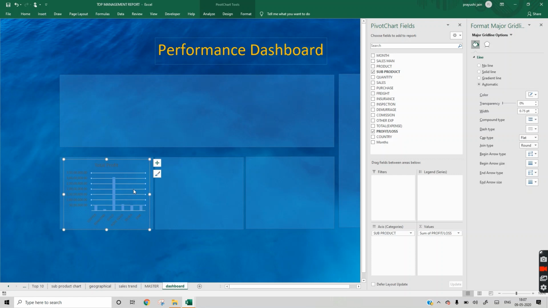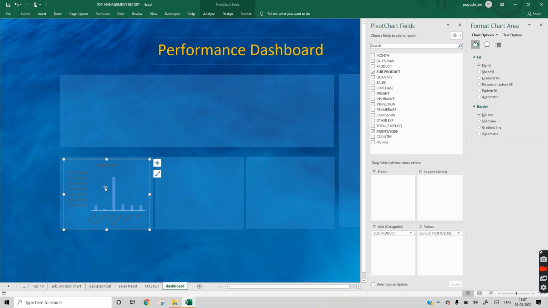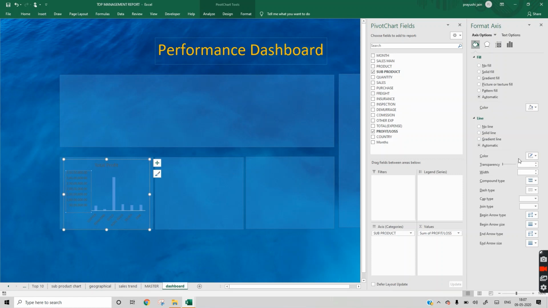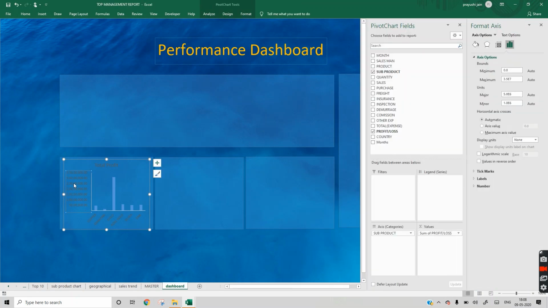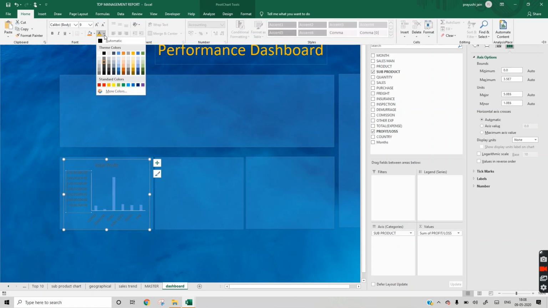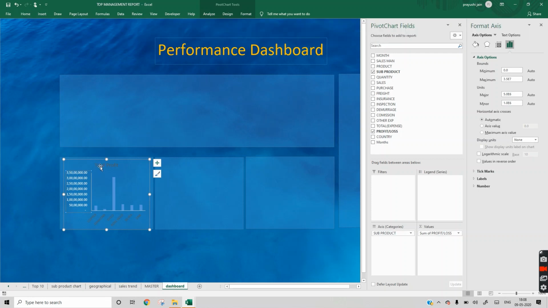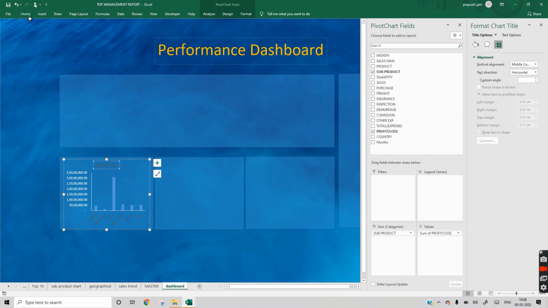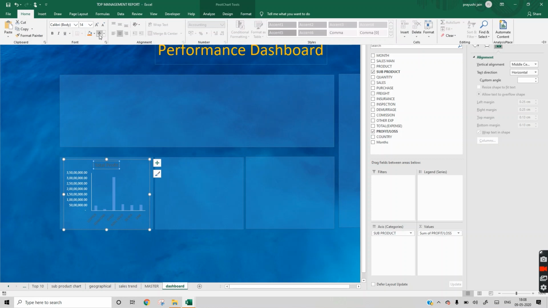We have selected this line. We don't want this, so we have removed it. Select these numbers, change the color to white. Similarly for this profit.